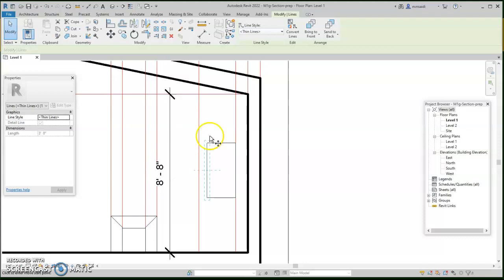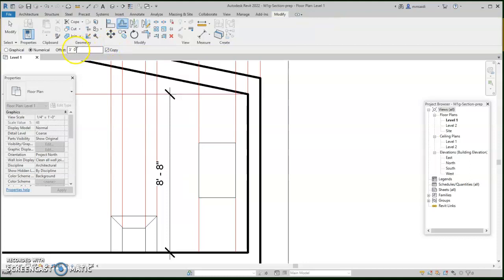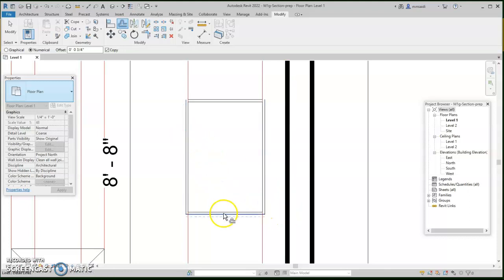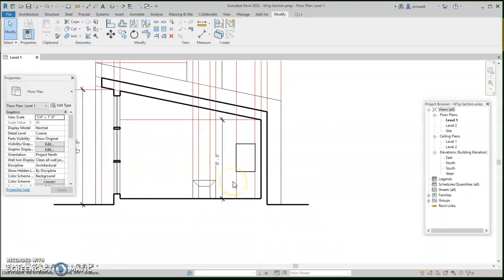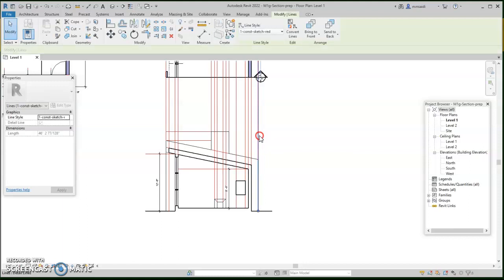I move from here 90 degrees to here. It stretches it really easy. Now I would like to offset all of this, 0.75 inches, 0.75, and I go here, here, here, here. If you went inward, it would have cleaned it. Notice how it cleans it for you here. But sometimes it understands it, sometimes it doesn't. So there it is, my window. And you can add additional line hierarchy to this later on. But right now, I want to make sure that I've got the core basics. So I'm going to